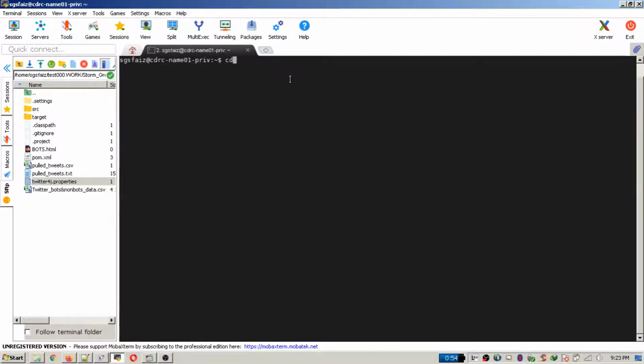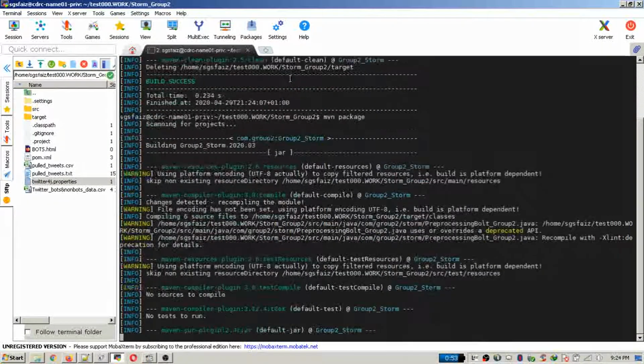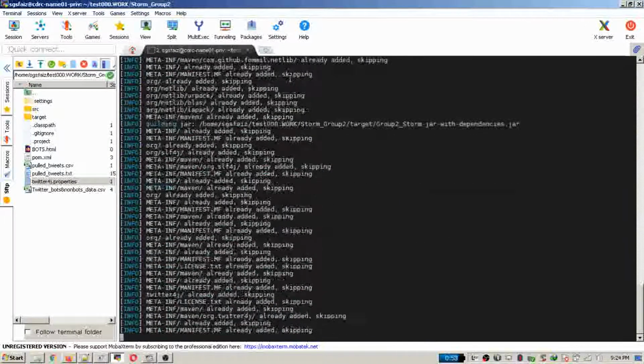First, we need to locate the project's directory. Then we type mvn clean and mvn package. We use this command for building the project.